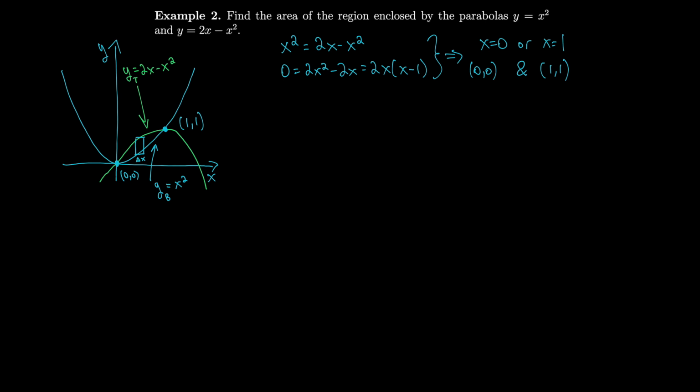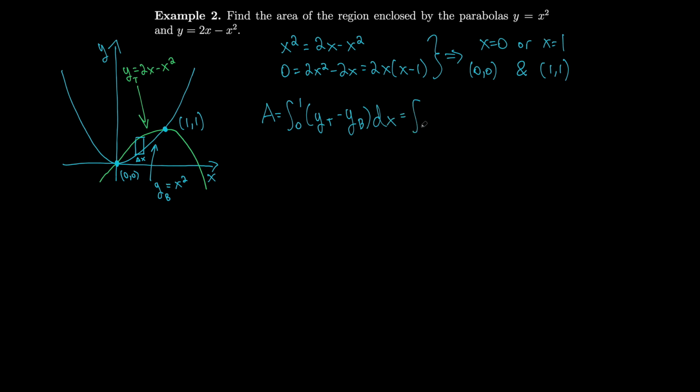Then it looks like the height of this rectangle should be the y value of the top function, 2x minus x squared. And it looks like we just have to cut out this area underneath, which is the area underneath the function y equals x squared. So we should be able to get the area by doing the integral of our top function minus our bottom function,